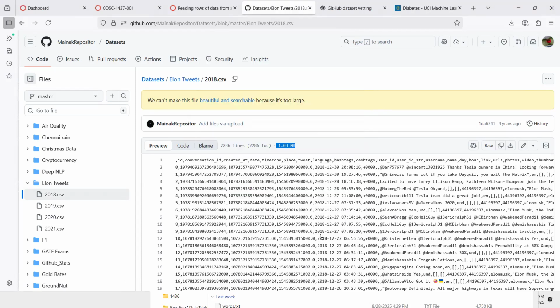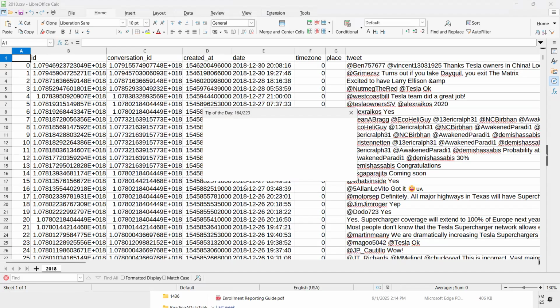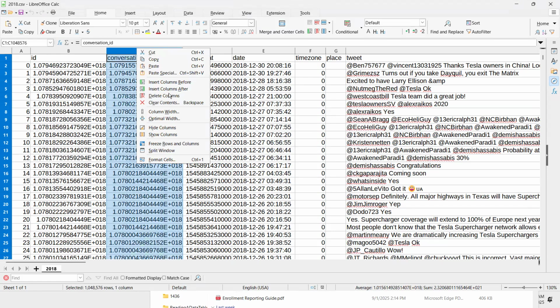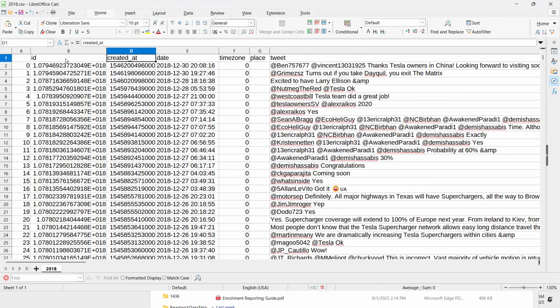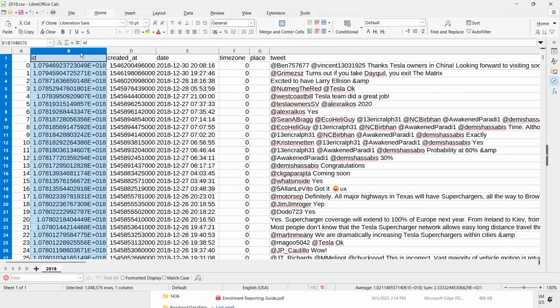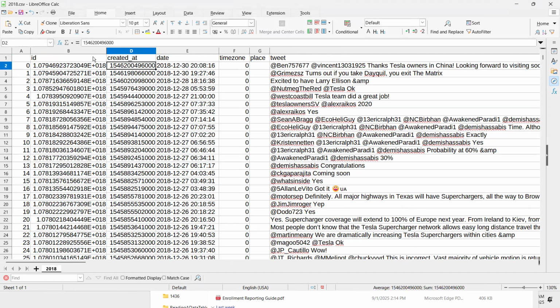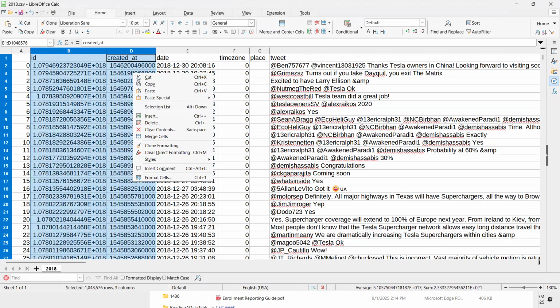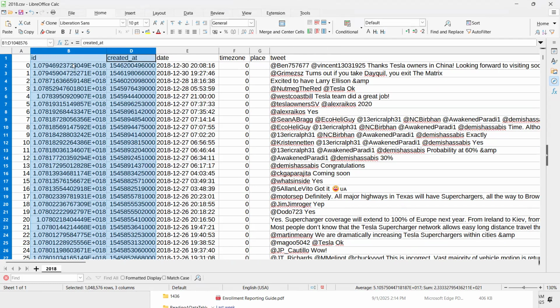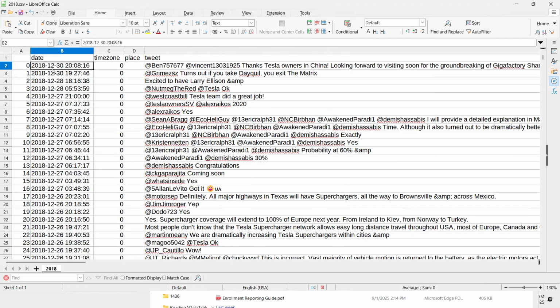Conversation IDs on Twitter, that's a pretty interesting thing. Obviously, usually we don't care about this. Maybe we just hide this data. Okay, the ID, we probably don't care about that either. This is a timestamp, which is very interesting. But let's clear this data, maybe we could just delete the column. So on December 30th at 8:08 p.m., I don't know what time zone it was. The time zone 0 is indicating,